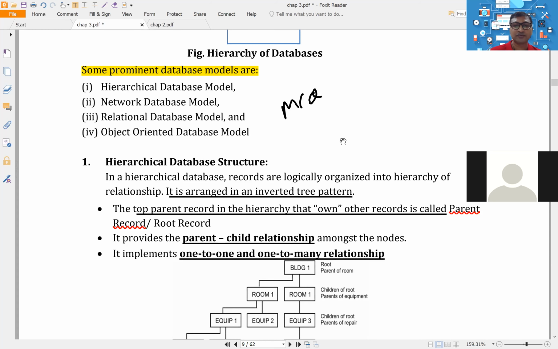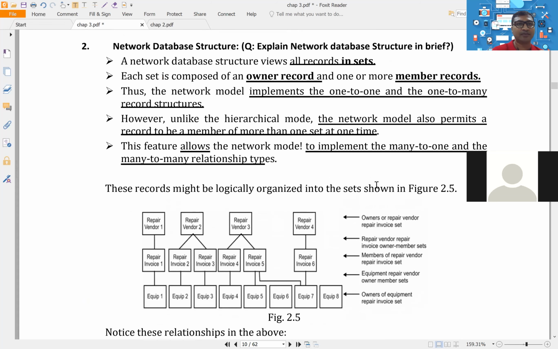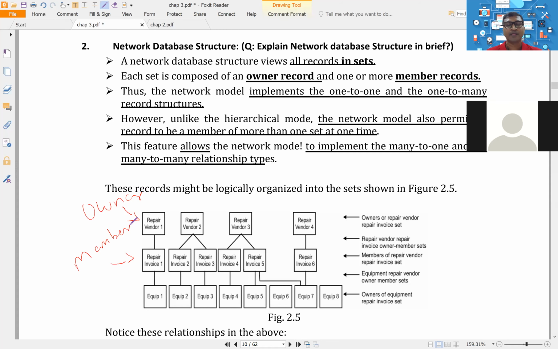Now after this we did the network database model. Here we have totally changed the relationship. If you remember, we said the first node will be known as the owner, and the node which is joined will be known as the member. So first you should remember this. Then all these nodes together will be known as a set. These 2 points are over. Then a member can be a member of multiple sets at the same time. So one to one, one to many, many to one, many to many, all types of relationships are possible. Try to remember important words that will help you.